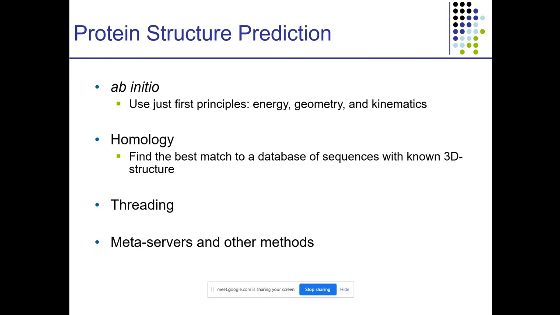Another method is the threading method, which is very important also. If the sequence identity is below 25% but more than 15%, then this method is suitable, because the fold can be similar. Proteins can have different sequences but adapt to the same structure.